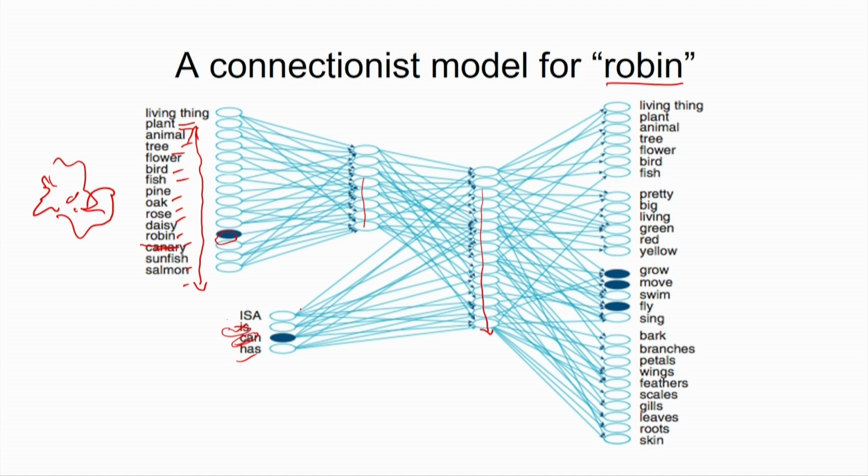So, if I am activating the word Robin, Robin is basically a bird, and "is" and "has" are the kind of connectors to Robin which can get activated. Robin is a bird, Robin can be a bird, Robin has a bird, all kinds of connectors are there, and so Robin is activated, or "can" is activated, and so these activations further link to